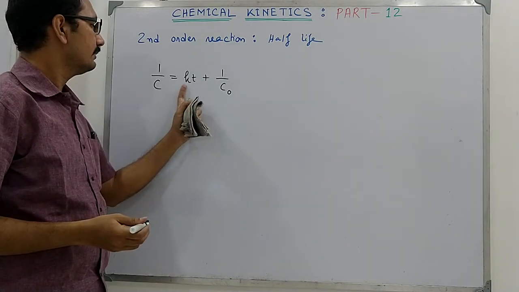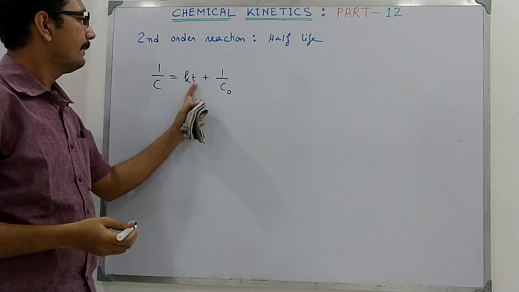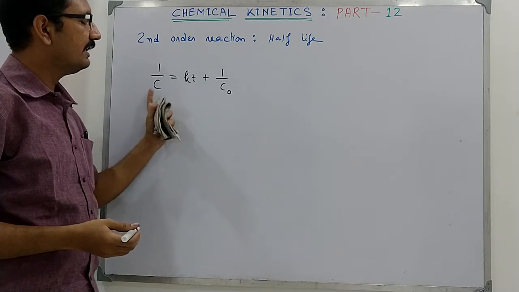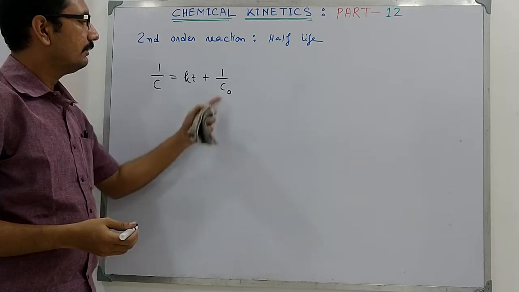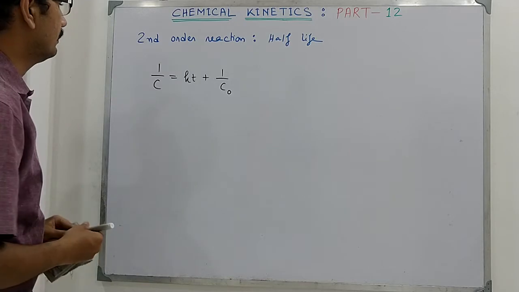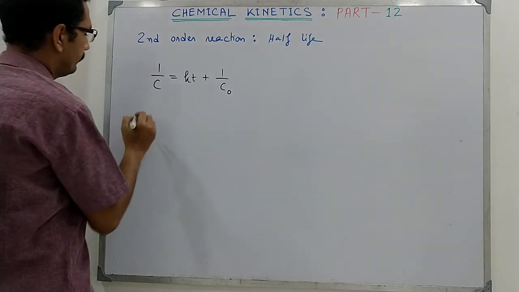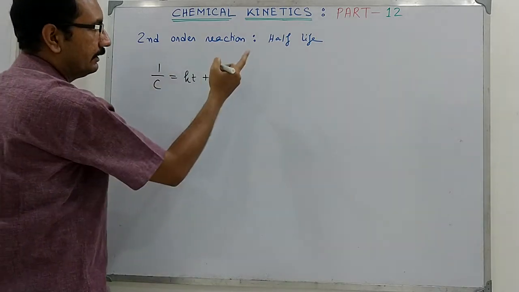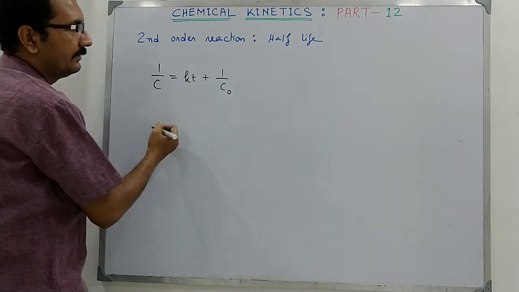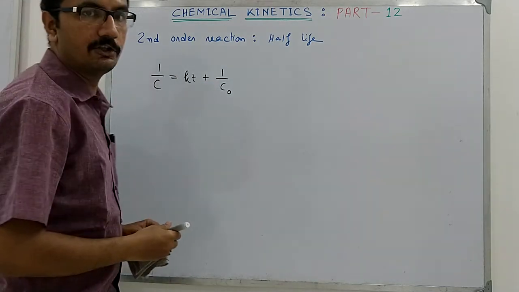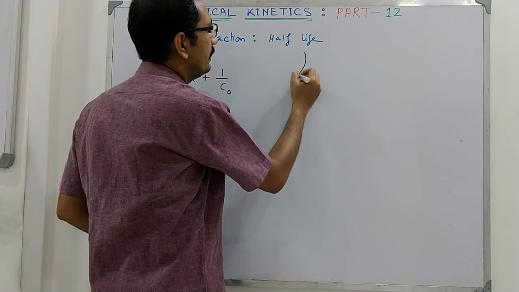Here K is the rate constant, C is the concentration of the reactant remaining at time t, and C0 is the initial concentration of the reactant. Now half-life is defined to be the time required for 50% completion of the reaction. So as per definition it will be